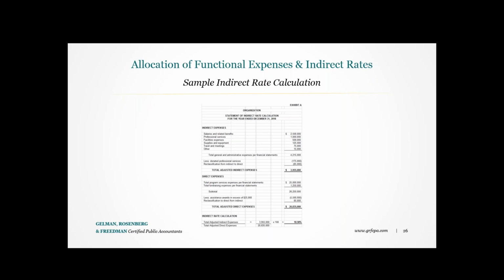Donors and others want to know what our administrative burden is. They want to know, are we efficient? Are we not efficient? And if we're not efficient, why is that? Well, there are specific reasons for that. But ultimately, being transparent about how this works is important, and understanding how the functional expense reporting works together with indirect rates is an important part of external financial and donor reporting.